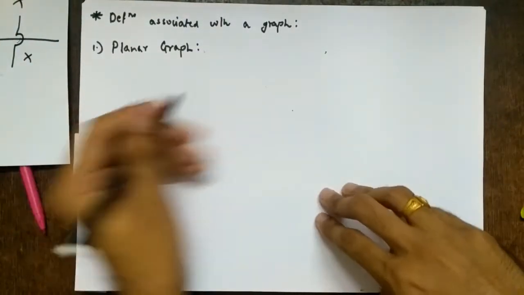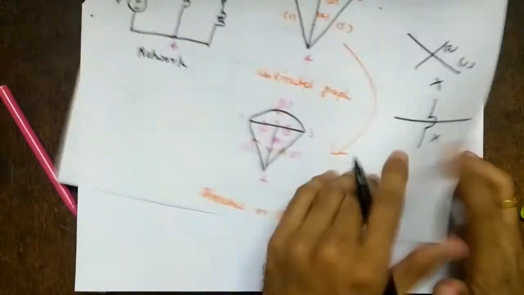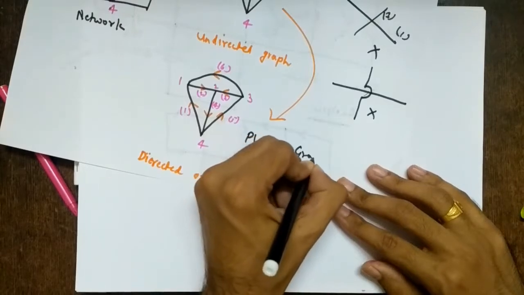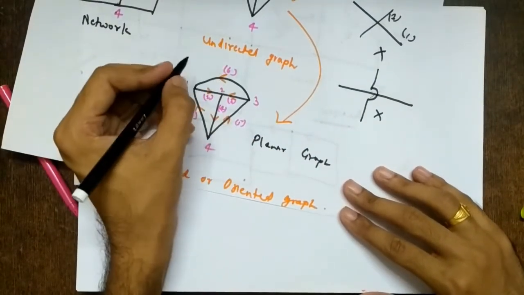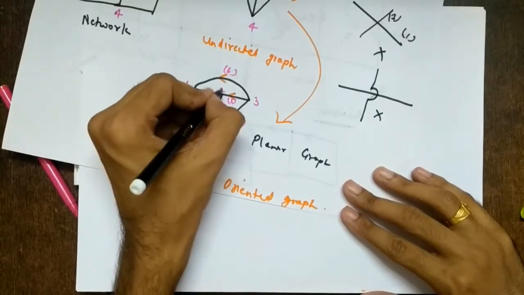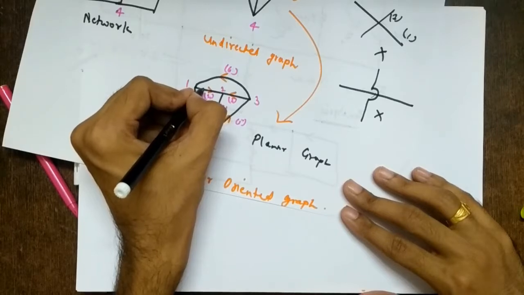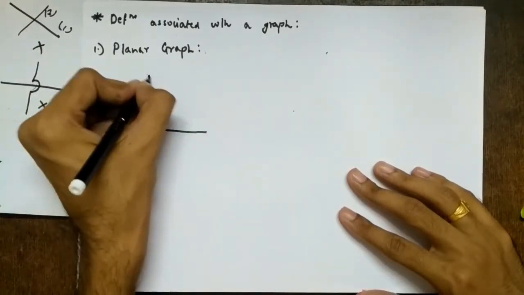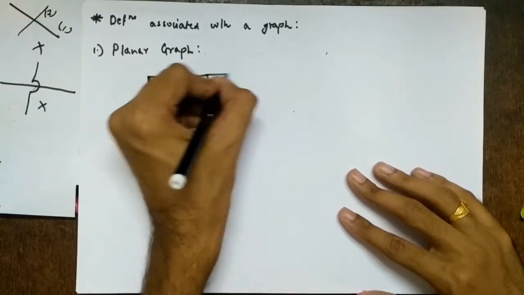It is easily understood by an example. So let's draw it. This is again a planar graph, an example of a planar graph, with no branches intersecting, right? But if I take this upwards and consider this as one branch only, then it is a non-planar graph. One more example of a planar graph, just to clear the concept. You can draw it this way.